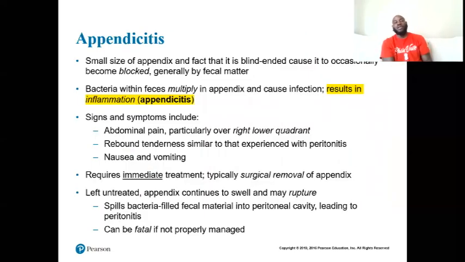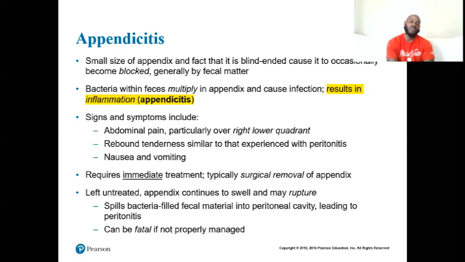Appendicitis. Some of you may not realize where your appendix is, but it is very much a part of your digestive system. It's small and blind-ended, so that means things can only go in one end. Occasionally it can become blocked by fecal matter,